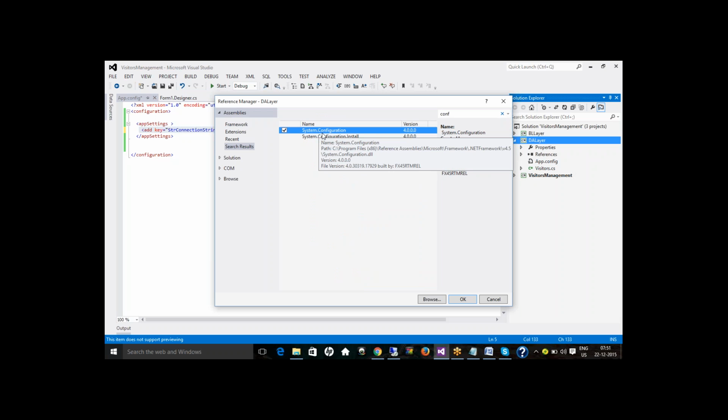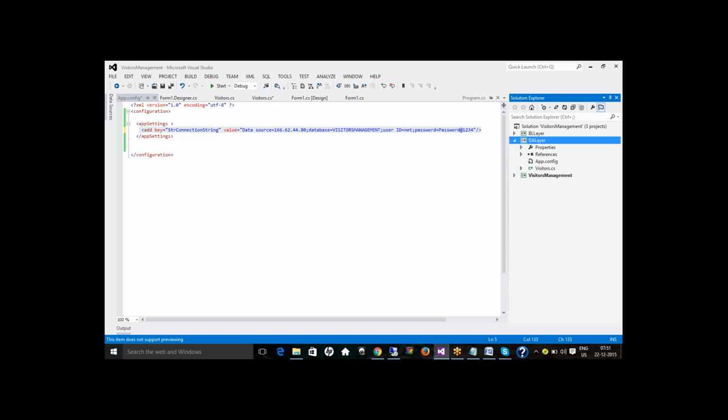You can find this assembly in the Program Files (x86) Reference Assemblies Microsoft Framework .NET Framework 4.5 path, System.Configuration.dll. Shared assemblies and .NET assemblies are all in that path. Click OK. Now I got System.Configuration